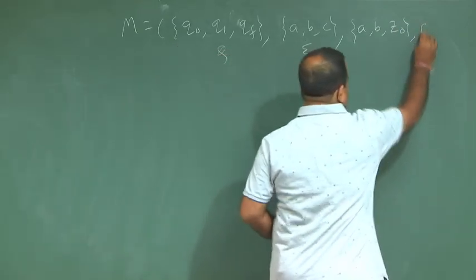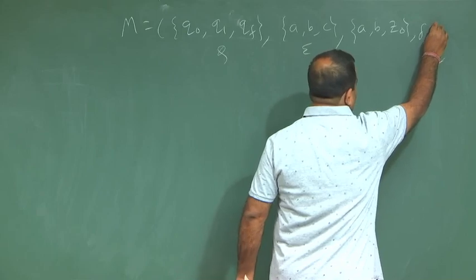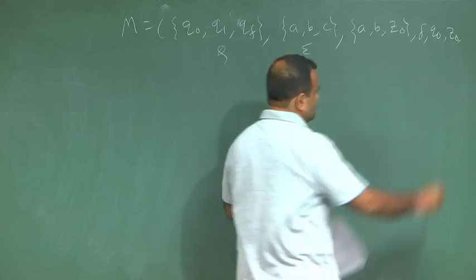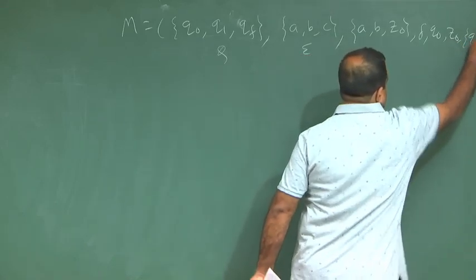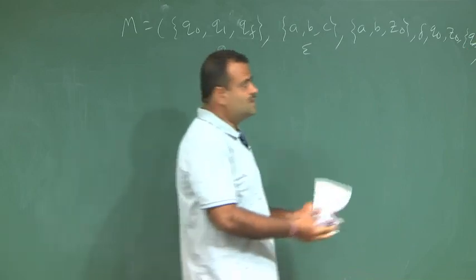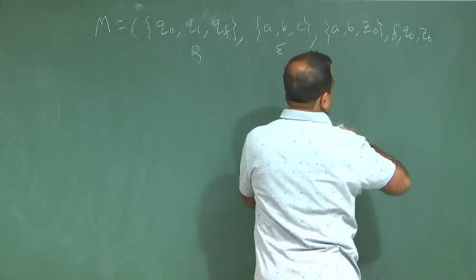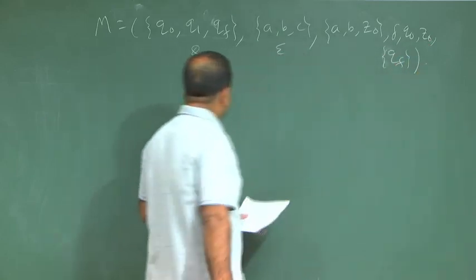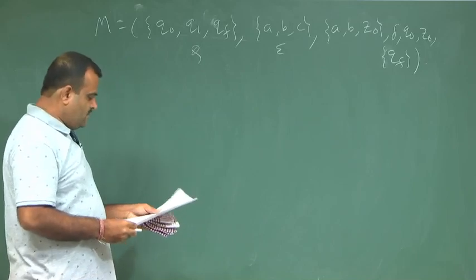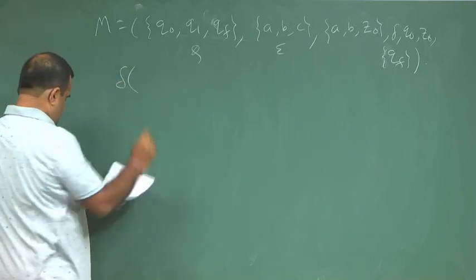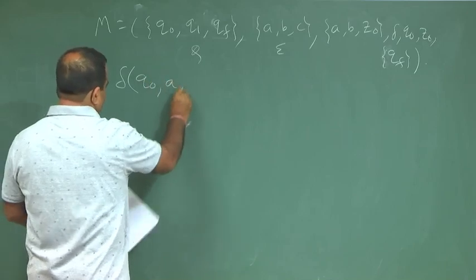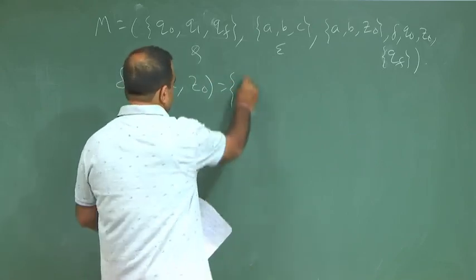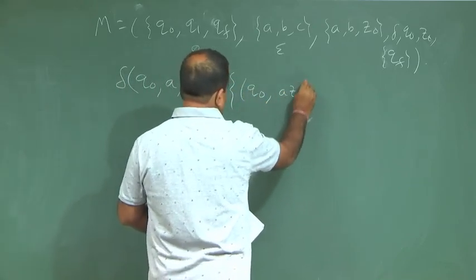And we have the corresponding delta, we have to define delta, and then Q0, Z0, and F is Qf basically. So this is Z0 and we have Qf over here. So these are the states, and if we define the delta like this, delta of Q0 A Z0, this is the singleton set Q0 A Z0,